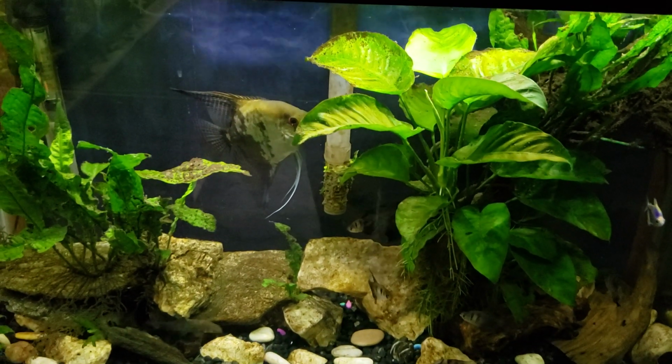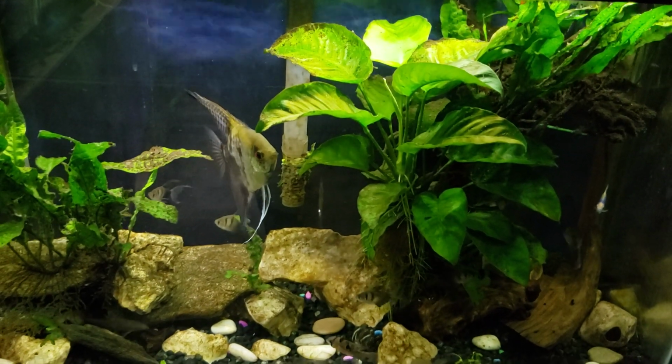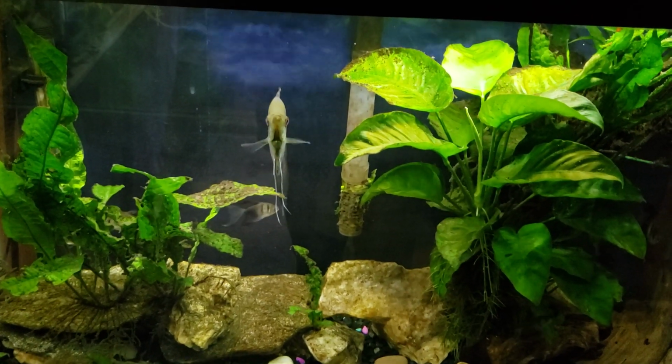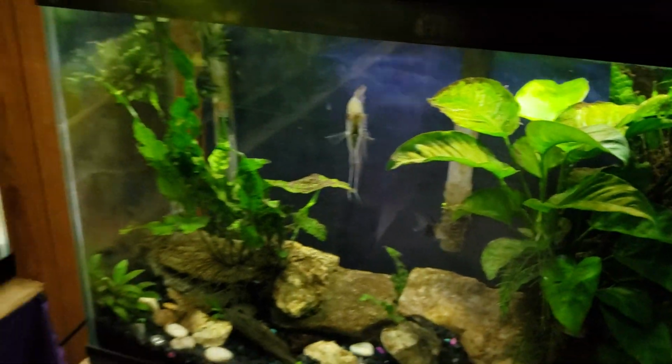We will see some more in the very near future here. When we get to a couple tanks ahead of where we are now, we're going to see quite a lot of Anubias that's been removed from one of my tanks. So let's not get ahead of ourselves. This is still my 29 miscellaneous. Now we're going to move on to my